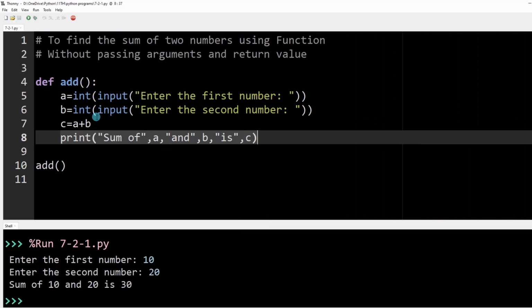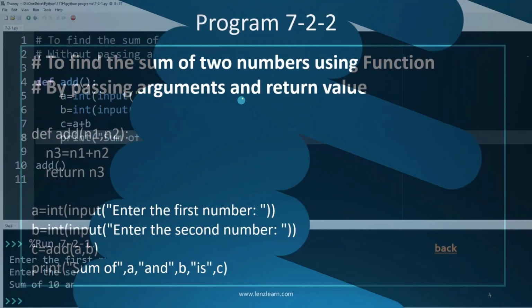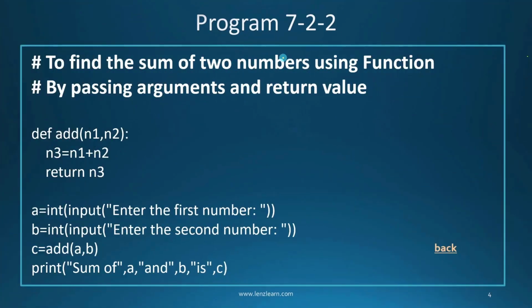So next we will see an example where we will have parameters and return value. Then you will understand what is the purpose of that. So now let us continue. So now here you can see in the next program, we are doing the same operation here. We are just adding two numbers. You can see we are finding the sum of two numbers, but now we are using arguments and